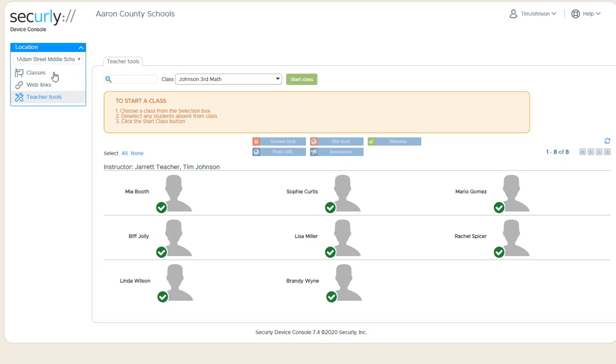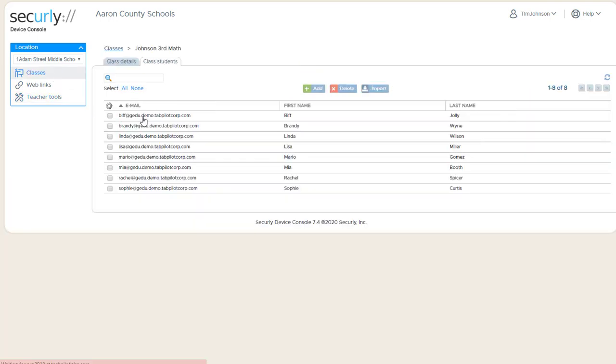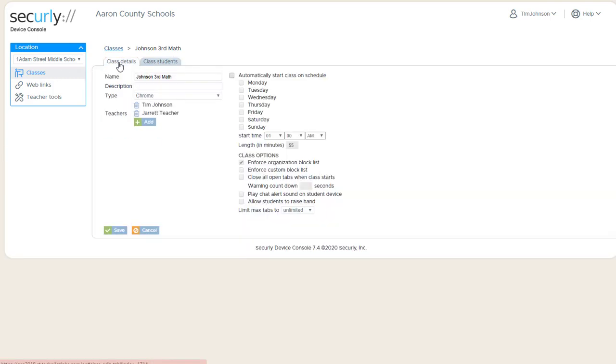Securely Classroom also has the option of allowing you to schedule your classes to start automatically on a schedule. And this is available from the class itself under the Classes menu on the Class Details tab. So this class has the checkbox to enable it. I can choose which days of the week, choose my start time,